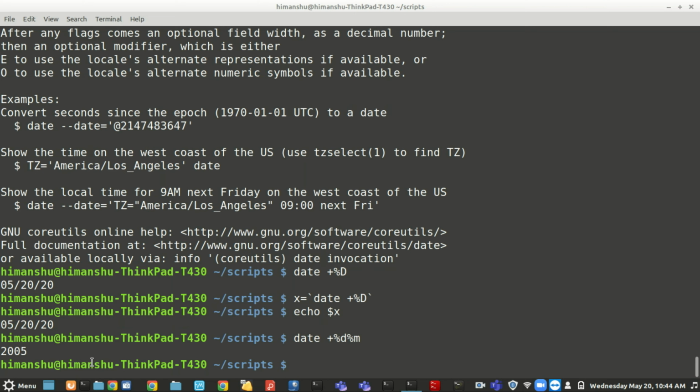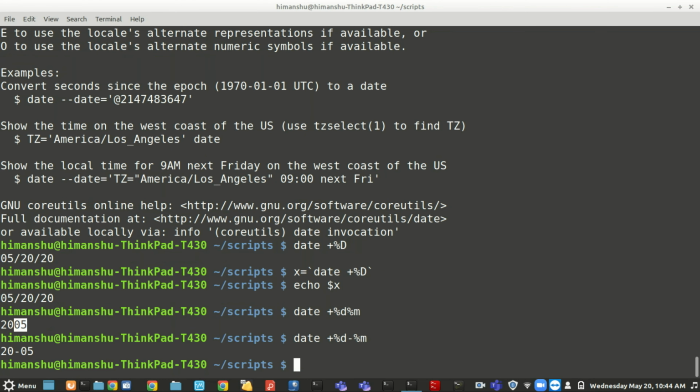It is showing me the 20th date, and this is my month. So you can also write something like this. Now how to do that?